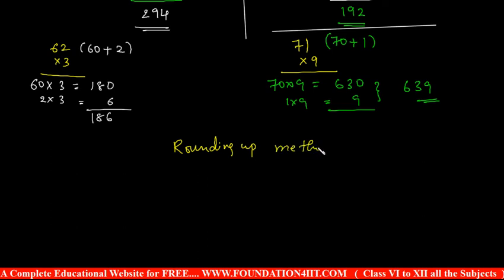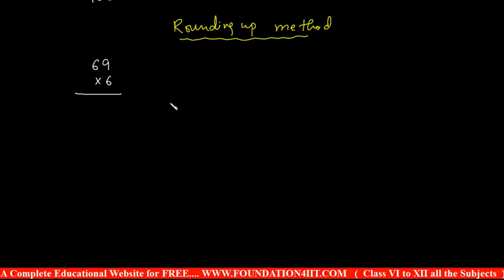Let us see. Same multiplication, but instead of adding, let us do subtraction. For example, let me take one question. 69 into 6. So in general, this is 69 into 6. According to the previous content, 60 and 9, 60 plus 9, right? So internally we should calculate 60 into 6, that we can take 360. Again 9 into 6, okay, 54.